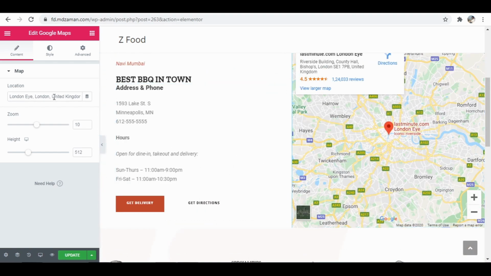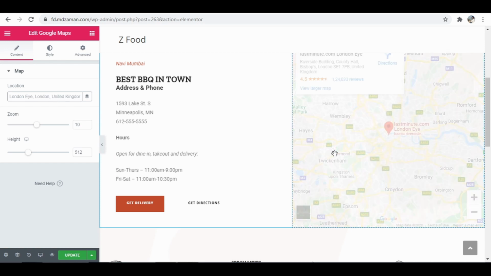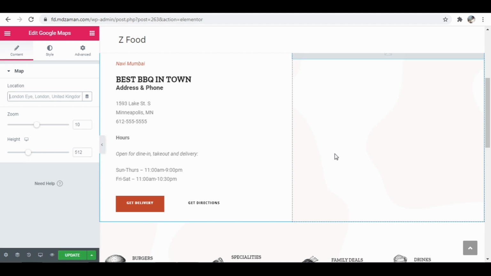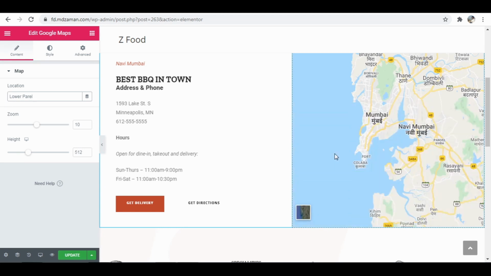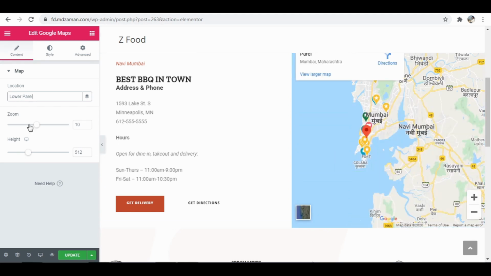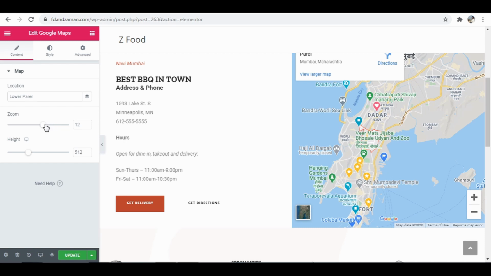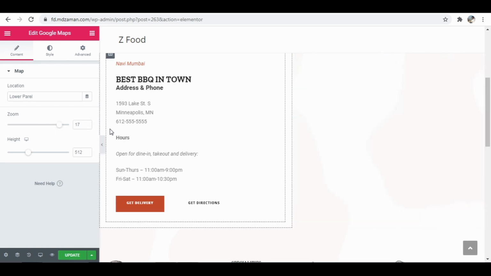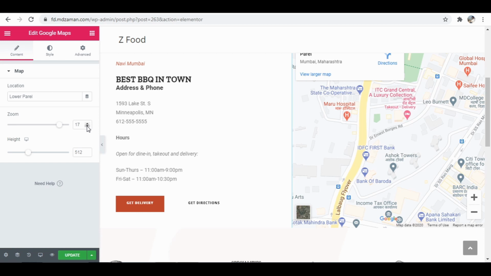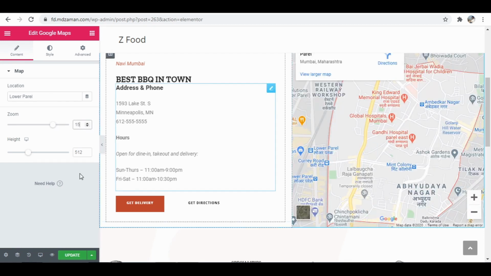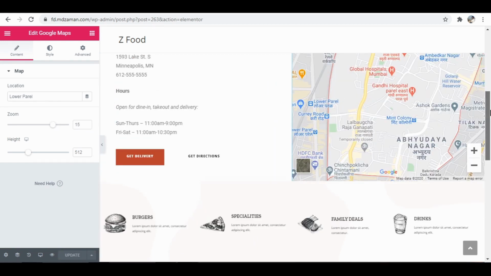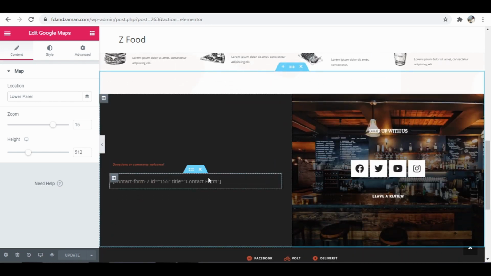And now in this location box, you have to select the entire thing, delete it, and enter your own location where your restaurant is located. So let's say my restaurant is located at Lower Parel in Mumbai. So I'm going to type in Lower Parel, and that is all I have to do. And zoom a little. I think I need to zoom in a little bit more. I'll make it 17. 17 is too much, so I'll unzoom a little bit. I think 15 is fine. Now click on update